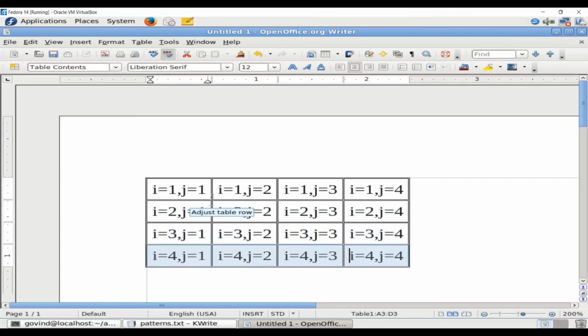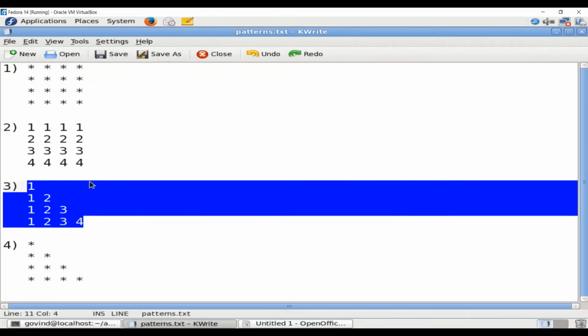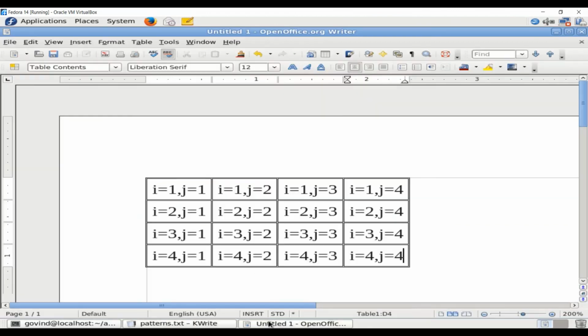So 1 1, 1 2, 1 3, 1 4, 2 1, 2 2, 2 3, 2 4, 3 1, 3 2, 3 3, 3 4, 4 1, 4 2, 4 3, 4 4 represent the intermediate states of the values of i and j when they are in a nested state. Now to produce this pattern, in the first row I want to produce only one output.